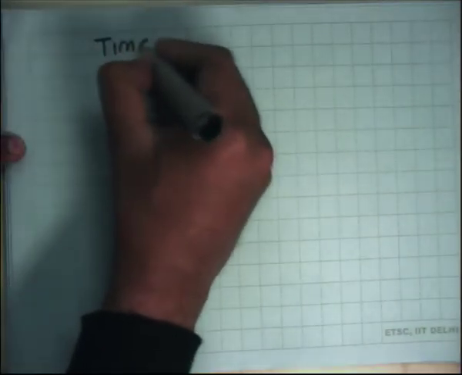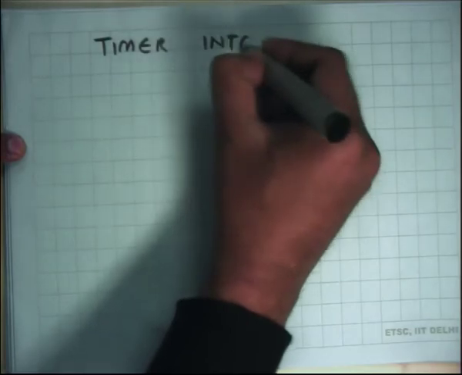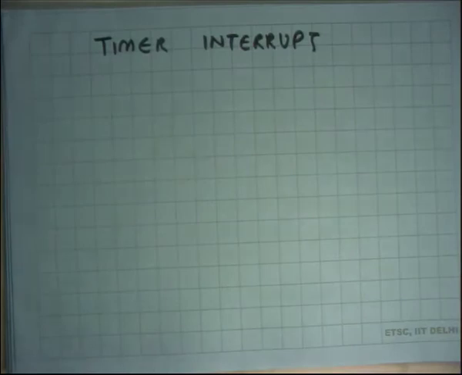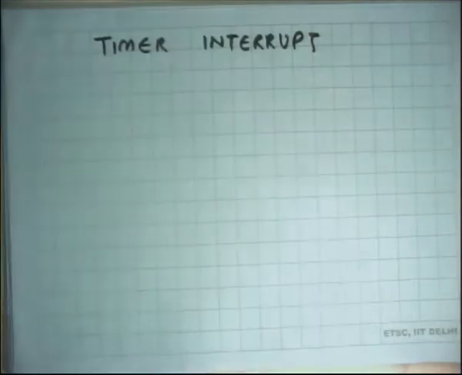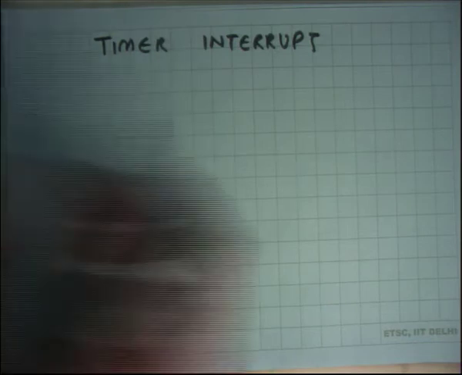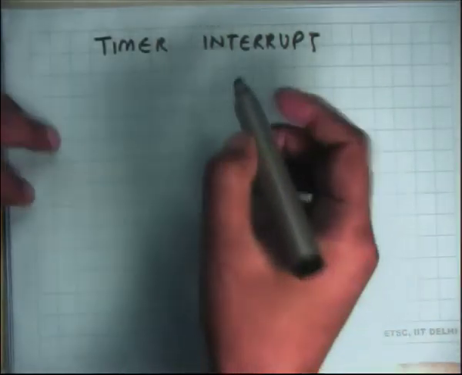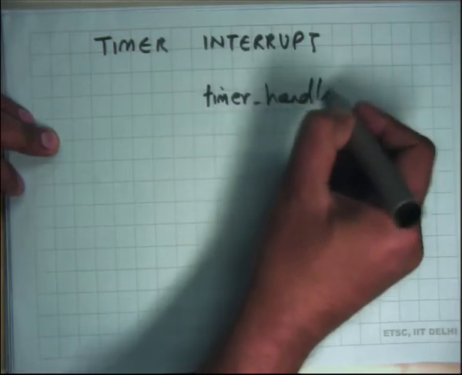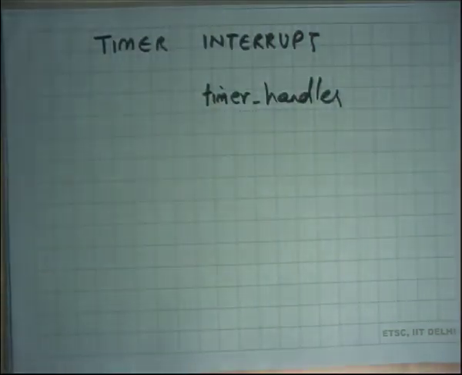So we said that there's a device called a timer in the hardware, and the OS can configure its frequency. You can say fire every X number of milliseconds, and each time the timer interrupt fires, it has the same effect as an interrupt, right. So once again the IDT gets consulted and the appropriate handler gets called. Earlier it was the syscall handler that was getting called, this time it will be the timer handler. Once again the mechanism will be identical.